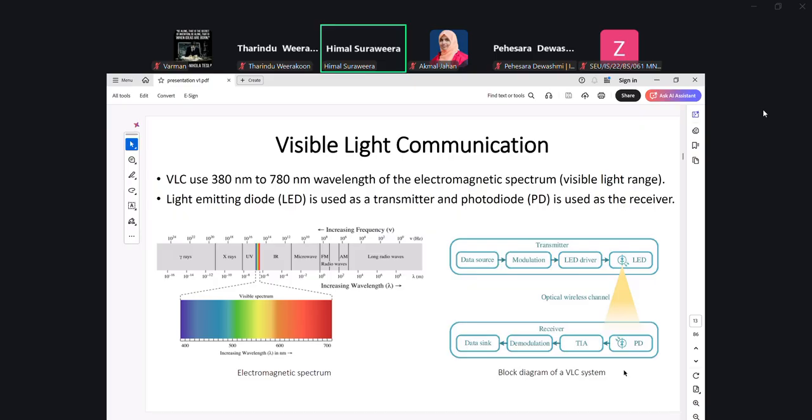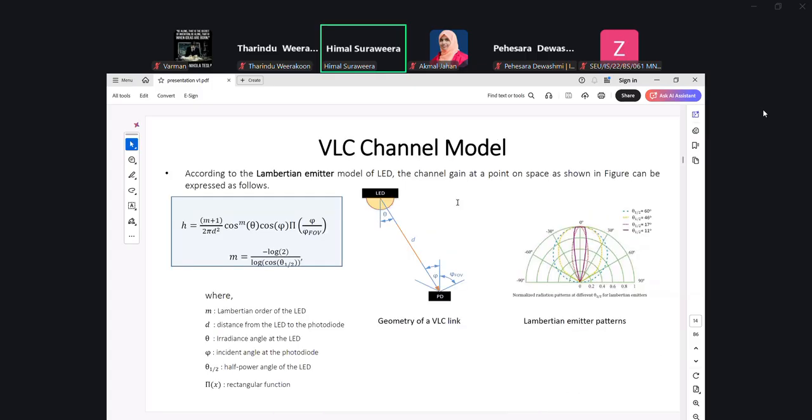Since this current is small, you can amplify it and convert it into a usable voltage using a transimpedance amplifier. And then you can do the inverse operations such as demodulation, and also detect the data.